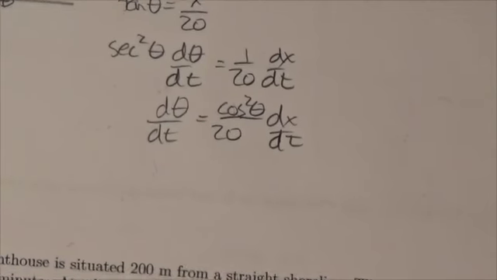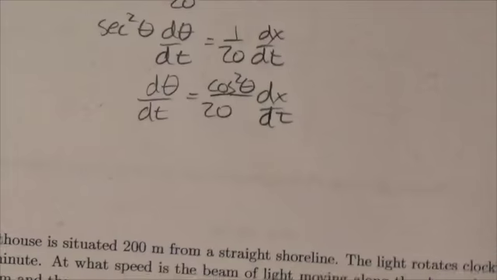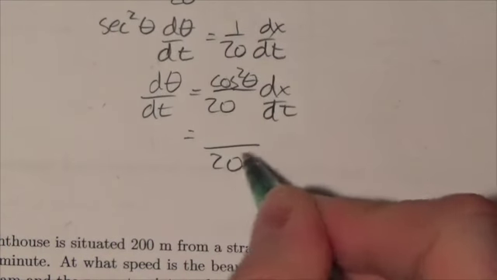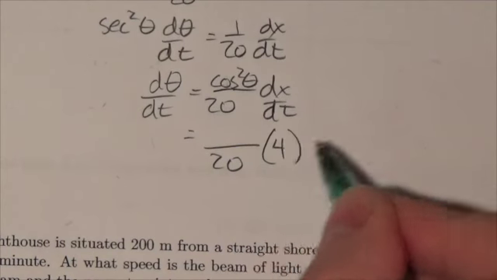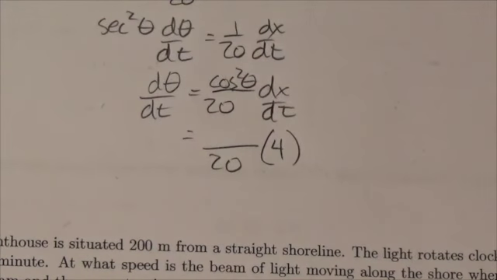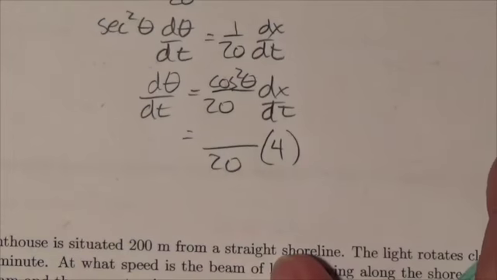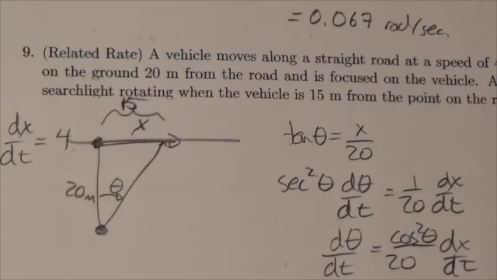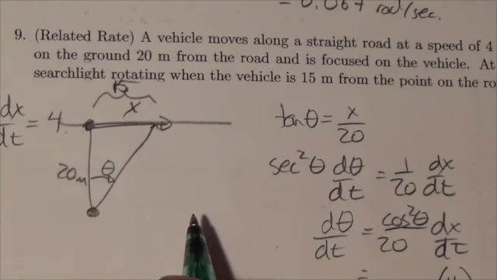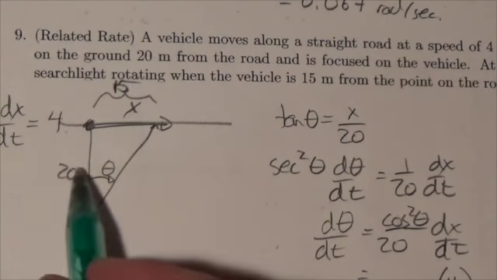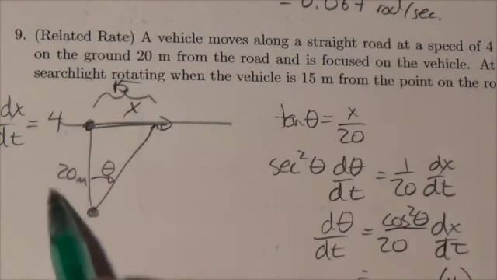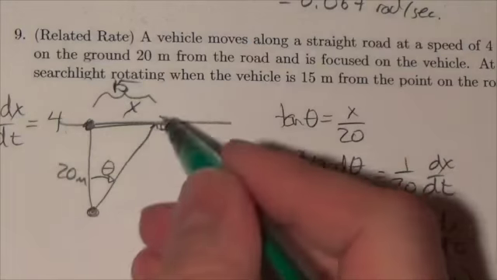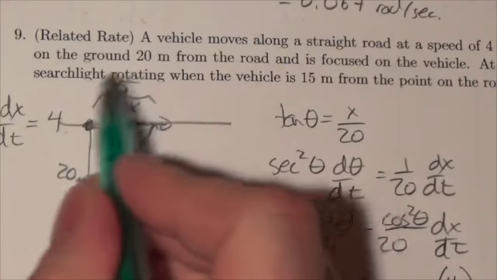Now I've got to solve for dθ/dt. So let's take a look at the information that I've got here. Got 20 in the denominator, that's good. The dx/dt is going to be 4. We knew that from previous; that was information given to us. So the question is, what is theta, or what is the cosine of theta at that particular moment? Well, I know at that moment here that the hypotenuse is going to be 20. Sorry, not the hypotenuse. The adjacent side is going to be 20. What I've got to figure out is the hypotenuse. And I know that the opposite